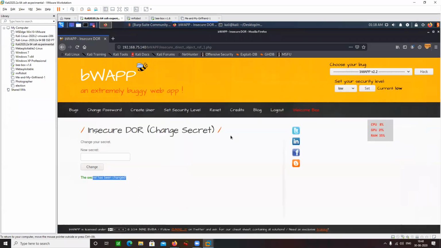Great. And where was I able to see the secret? I don't remember. So actually the secret has been changed. What I did here is going to be considered a privileged action. I'm not allowed to change secrets of other people like this. So IDOR can be anywhere. It can be anything. If I give you an example, profile hopping from dashboard to dashboard is also an example. If I'm able to change some settings directly of other people, which are privileged settings, that is also going to be considered IDOR.